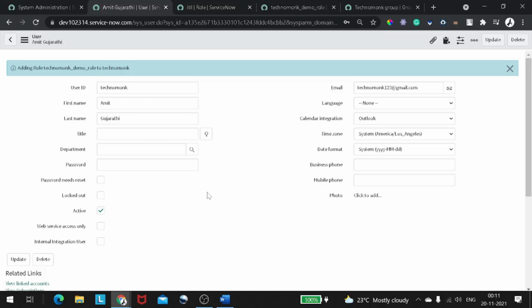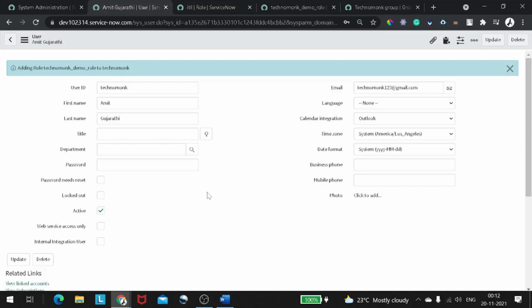The explanation for this is, suppose just imagine a condition that you have 100 people, and you have created a role to access certain things, and you want to give that role to those 100 people. Is it possible for you to go to each and every user record and provide this role individually? I think not.